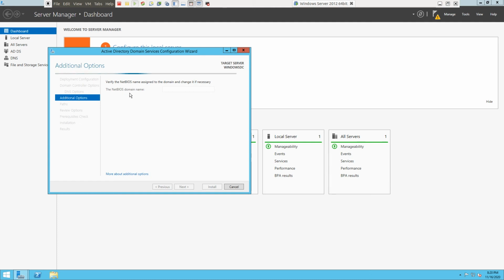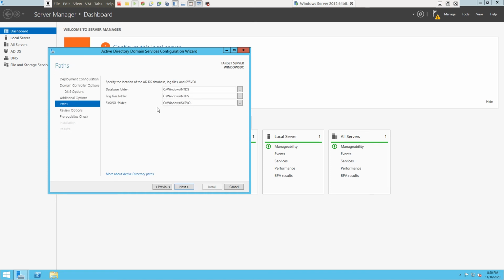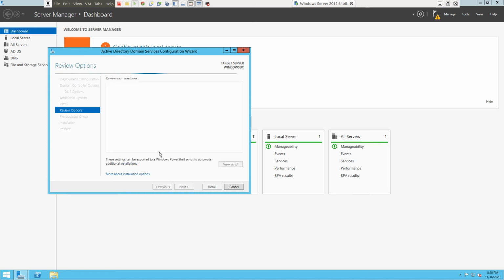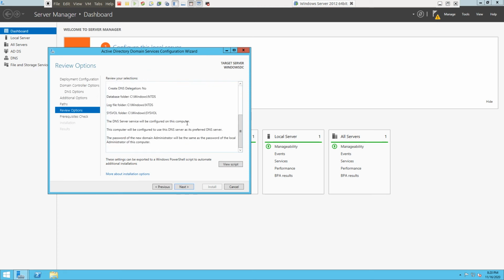So it's going to get the NetBIOS domain name. So it's saying HOMELAB. So click on Next. And click on Next. So these are our options.